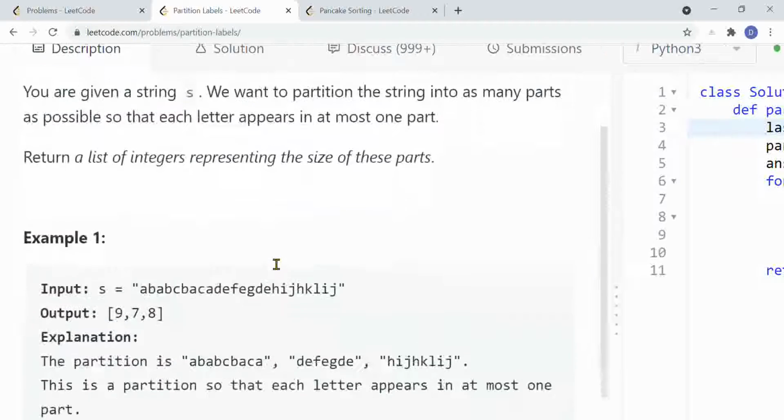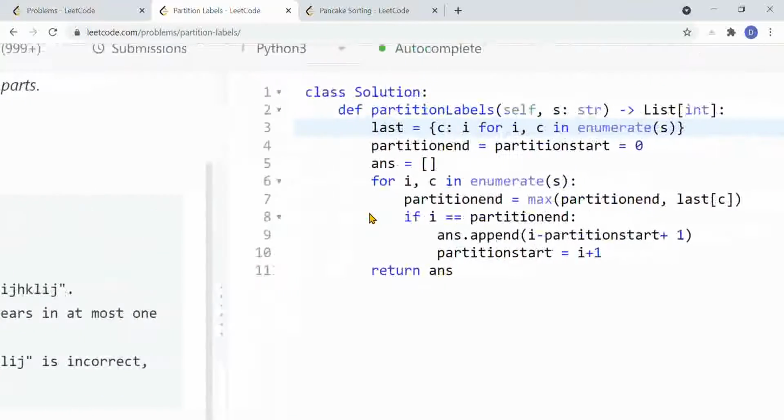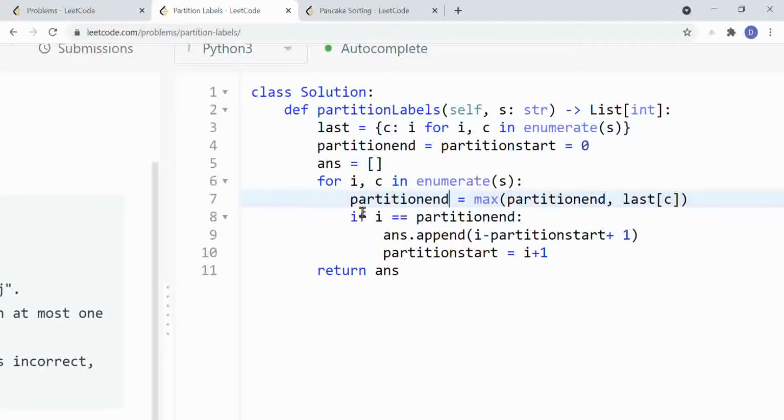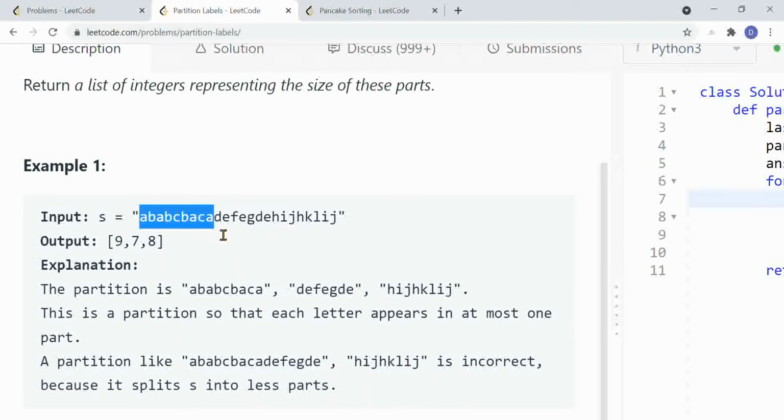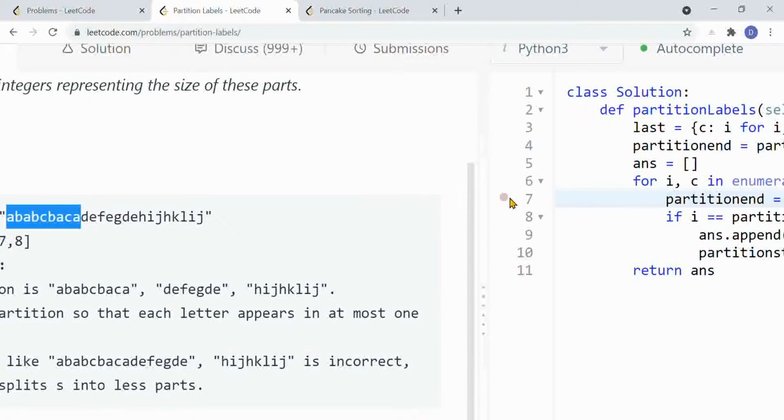So first what we are trying to achieve is, as I've explained in the previous video, for a particular element A, suppose we are iterating for the element A, then we need to check for the index of the last occurrence of A. So here this is the range. At this point we need to consider that till this point this is the range of our partition. So this is where it is denoted. So partition end will fix that point. So till this point we have found the partition to be this much, right?